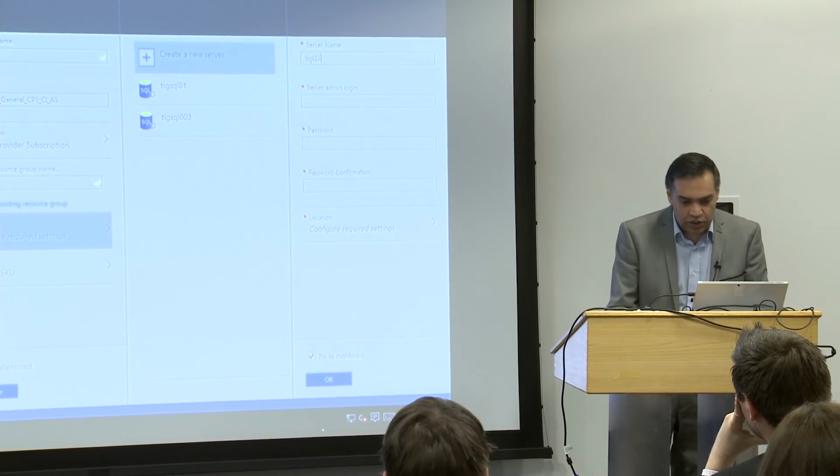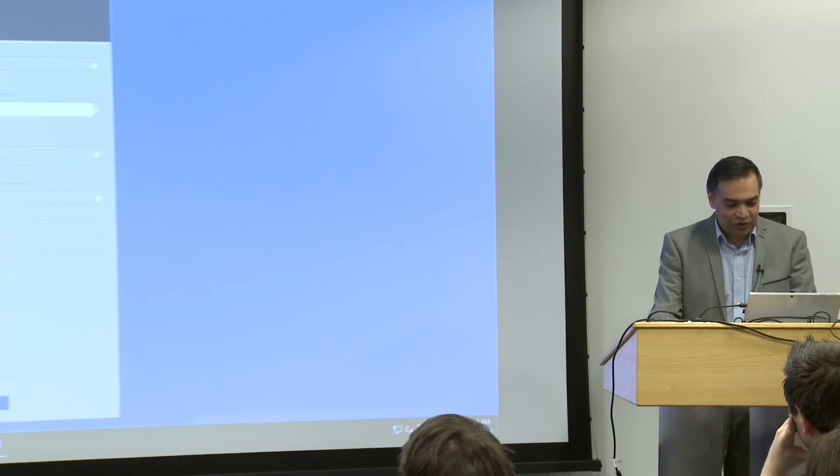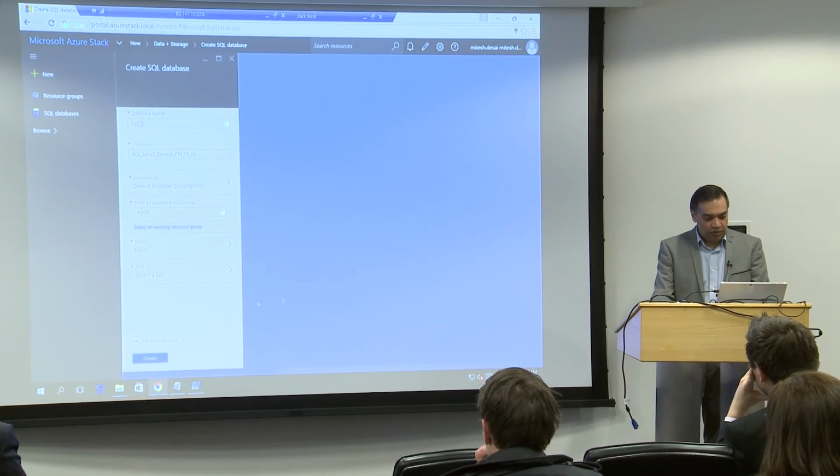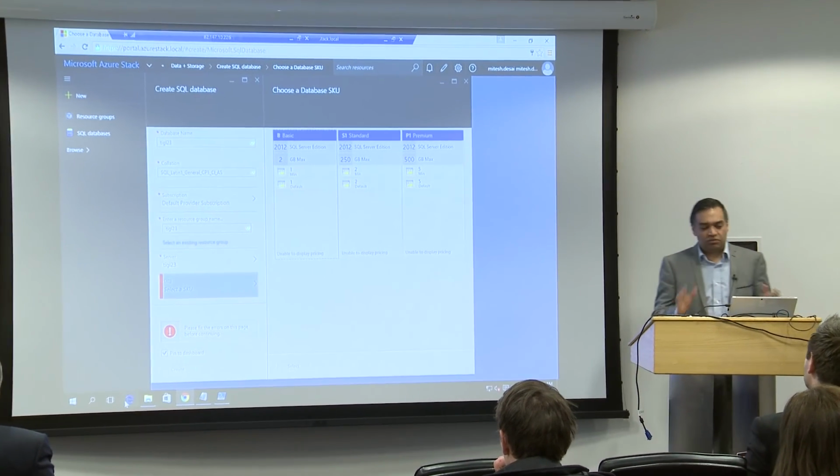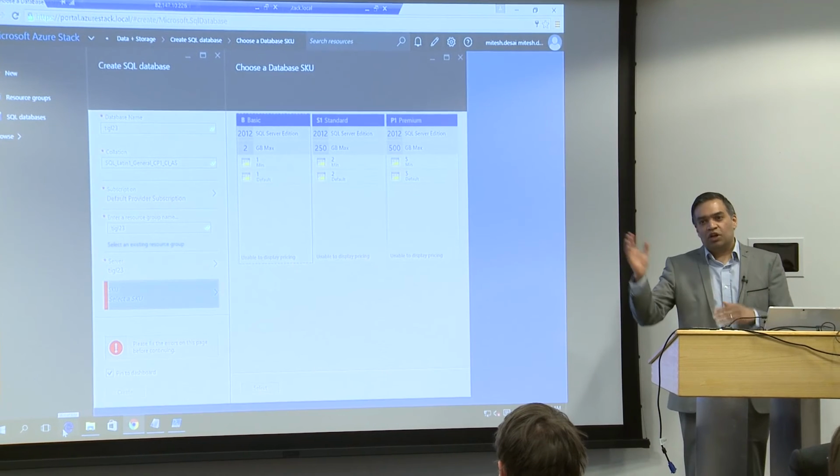Quickly just pump in some stuff to host this one, SQL details. I've already got that one. Keep it simple this time. And then it'll ask me where I want to host it. Our Azure Stack is local and it's running at our head office at the moment, so it will prompt you for the location. You've got the pin to dashboard, which is coming up everywhere, so that will give you a quick find of your machine. And once you click OK, it will... Oh, sorry, one more option you need to pick. These are based on how much of it you configure in order to align with the Azure cloud.